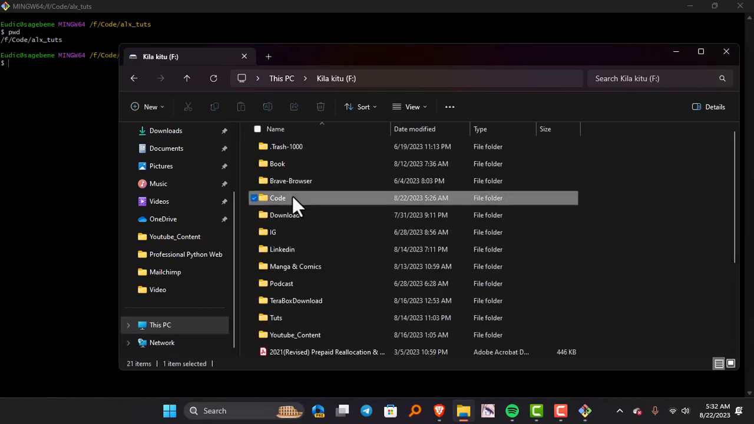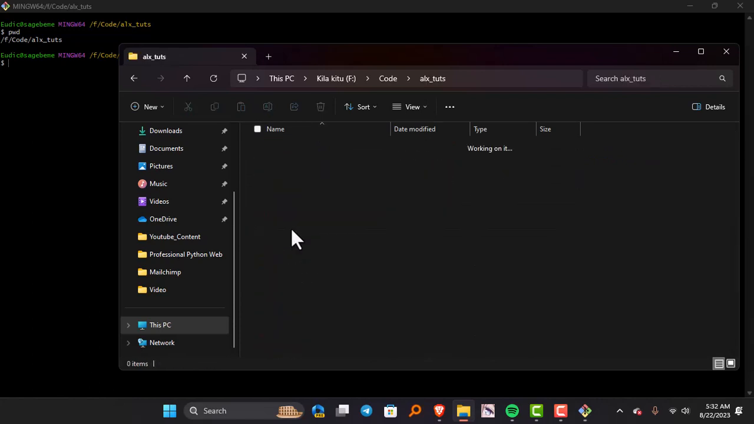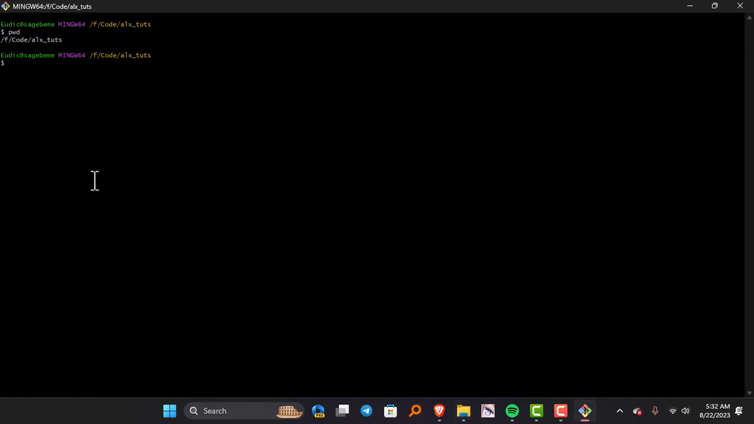It said I'm on F. Then I went to code. Then there's this file that I just created at the moment. It has nothing in it at the moment. Completely nothing. I don't know why it's still saying working on it. Anyways, since that has nothing, you get to understand commands like